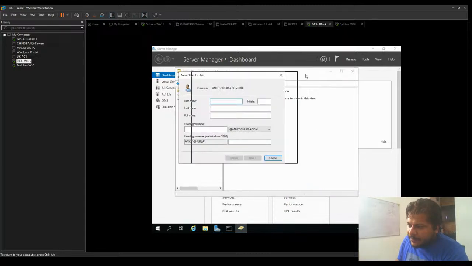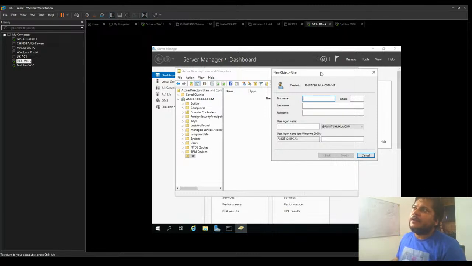User. Now I need to define the identity of a user. Identity is a combination of different attributes like first name, last name, and their login account. So I'm just going to mention something: Rahul, last name Gandhi. It's just a random name, not referencing any politics. So I define the user logon name as R Gandhi, which means while logging on to a domain machine, they need to use R Gandhi. It's not their first name.